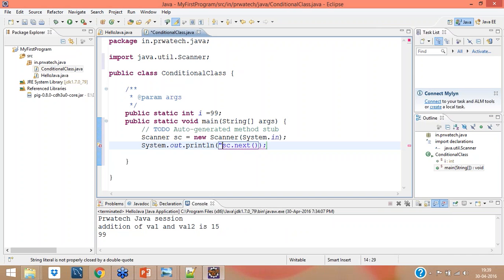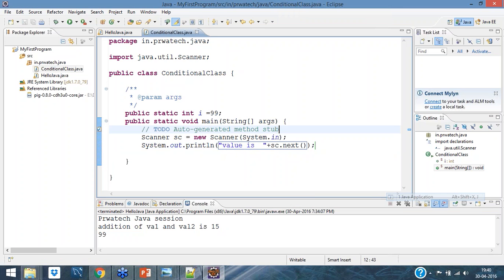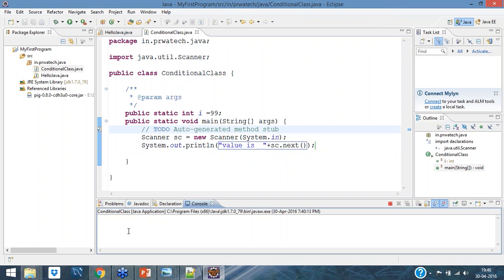Value is, and I'm going to concatenate this. Let me print it. Run as Java application. So here it's prompting right now. It was not prompting for all the others, but right now it's prompting. It's saying write something. I've written something, some random. See, value is this.